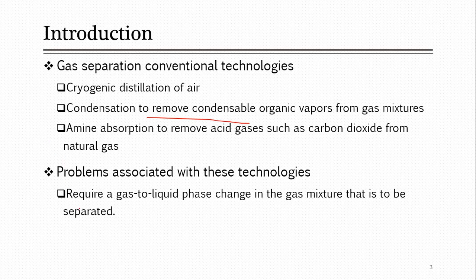First of all, when you have to use one of these techniques, it requires gas to liquid phase change. For example, if we look at cryogenic distillation, you have to reduce the temperature a lot so that you can condense the constituents of air, or at least some of those are separated or condensed, and then you can separate them with distillation. Then there is condensation, in which you have to remove the heat and convert from gas to the liquid phase. They were in the vapor phase and then they are condensed. So all this requires removal of heat.